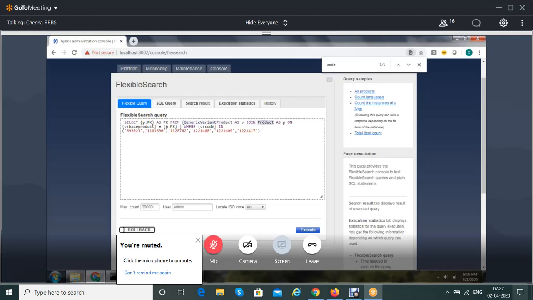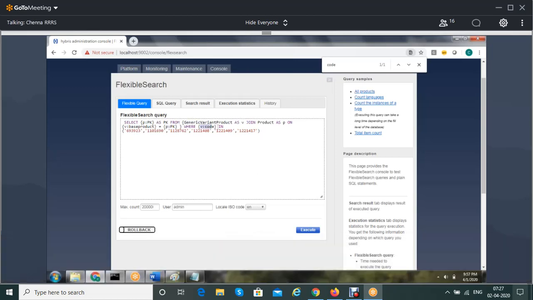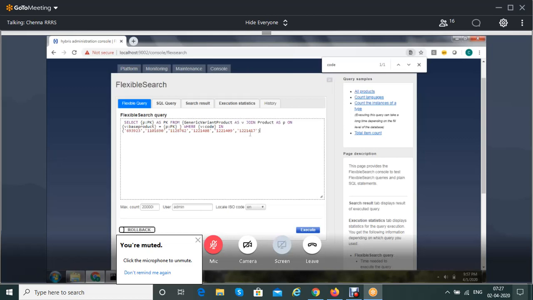How are you joining? The product table PK should equal this generic variant table product code, and that product code should be in this range. Let's see, are we getting any records? We are getting 0 records.